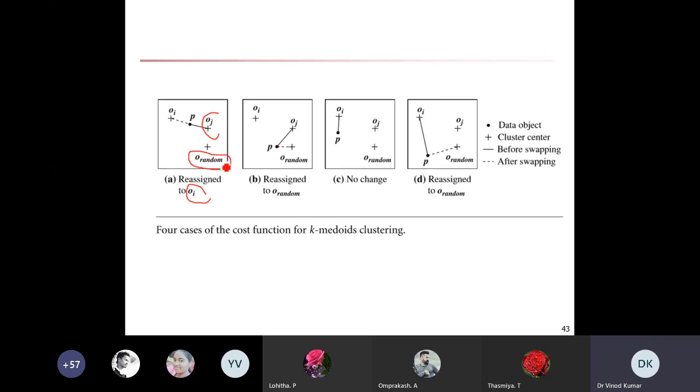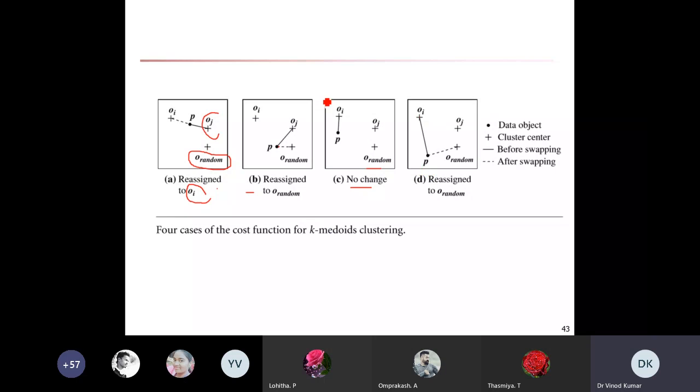Randomly, and this random selection will be done except the previously chosen elements. Whatever we already have taken, we will not consider again. So like this, we have to reassign to Oi, reassign to O random. No change is there. Like this, reassignment will be done.